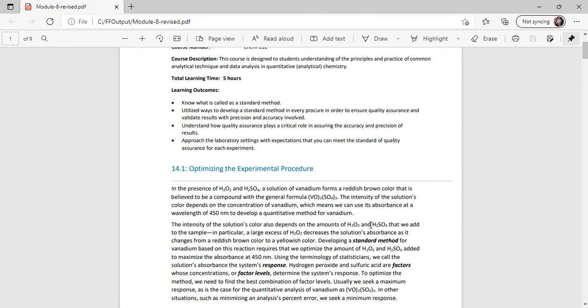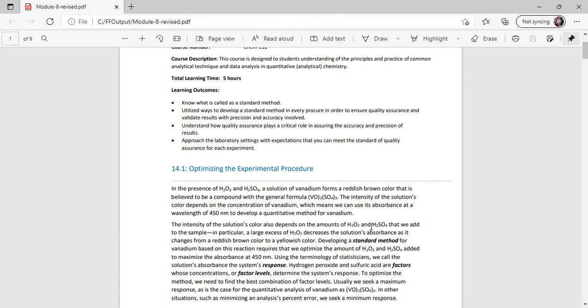The intensity of the solution color depends on the concentration of your vanadium, okay? Which means we can use its absorbance at the wavelength of 450 nanometers to develop a quantitative method for